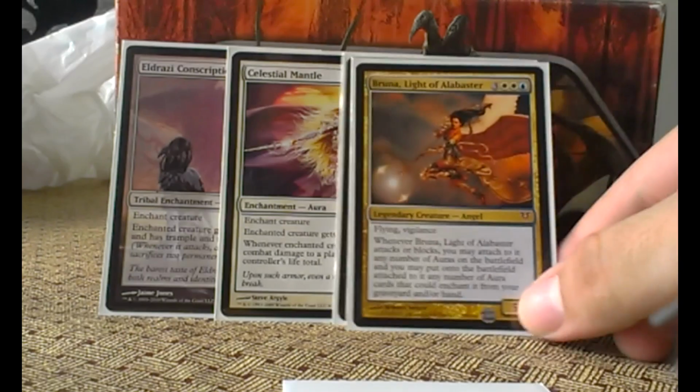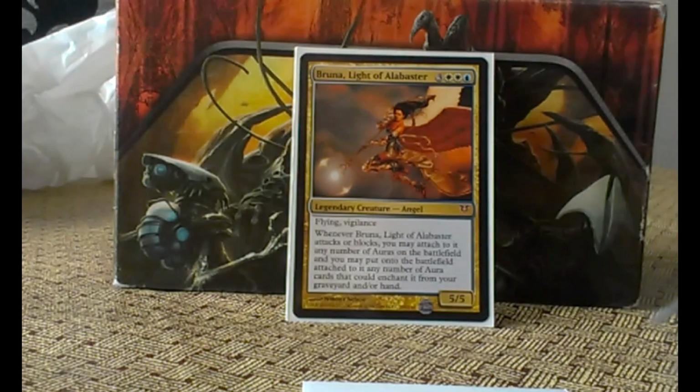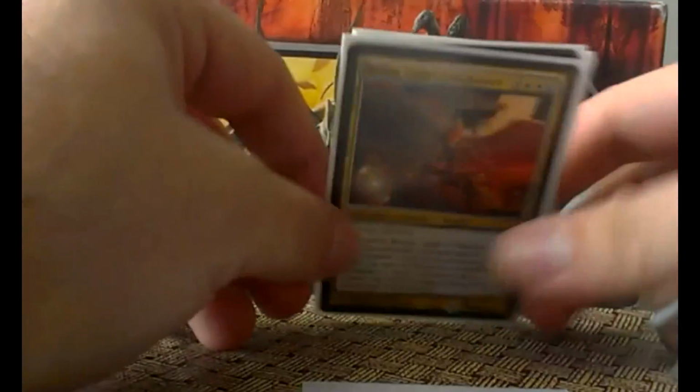So the nice thing about Bruna is once all those enchantments are in your graveyard, you attack or block with her and you just get to pull everything out. It works well with the Vows too. You give her an extra +2/+2 here and there. She's real good. And so yeah, that rounds out my